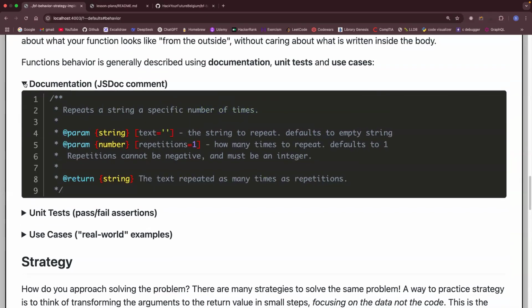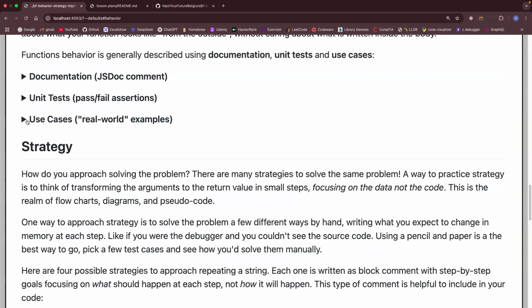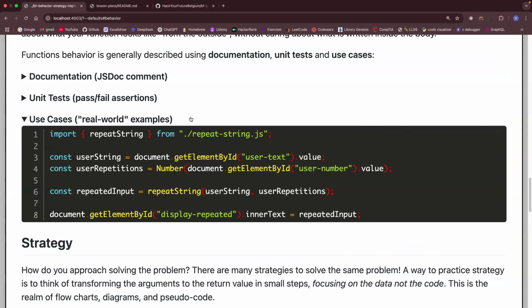That's second. Third, use cases, or real use cases. So if you know, for example, the function you create, you can use it in a real project. You can just put it here, for example, real project. If you don't know, that's fine, because